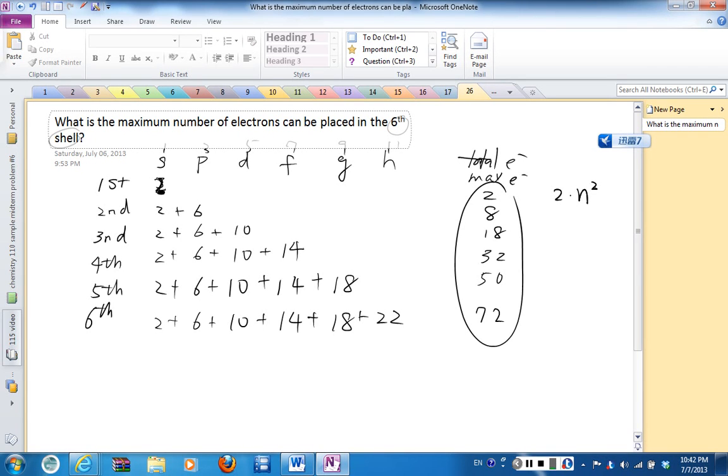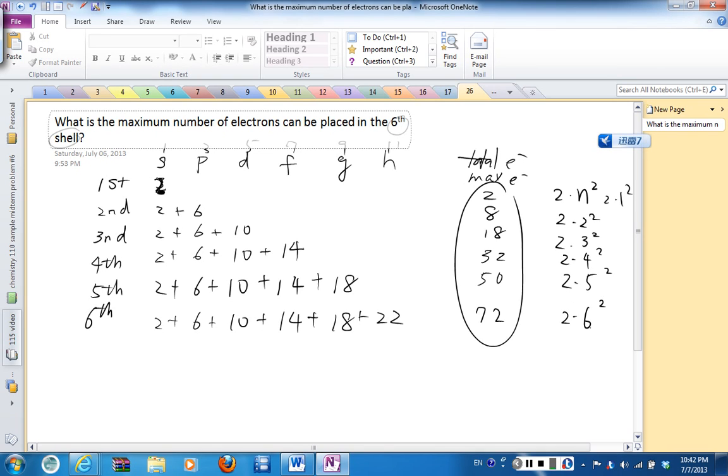As you can see, first shell is 2 times 1 squared, that's 2. Second shell is 2 times 2 squared, that's 8. 2 times 3 squared is 18. 2 times 4 squared is 32. 2 times 5 squared is 50. And 2 times 6 squared